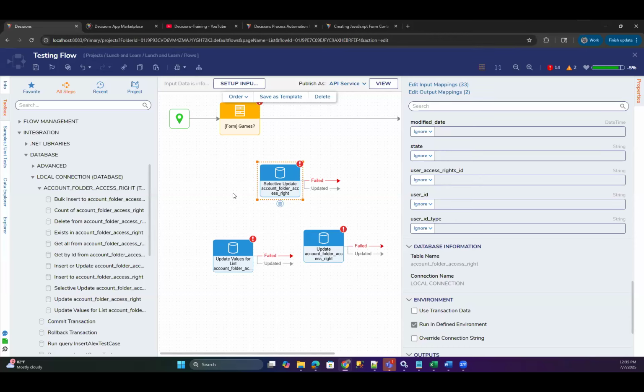I think I figured it out. At the very beginning of the flow, I did a create data step and polled the table to verify there was anything in it. If there was, then I'm going to do an update. If there's not, I'm going to do an insert. So when I polled the table, I did a create data on the primary key. That's how I resolved it, and then going down the line.